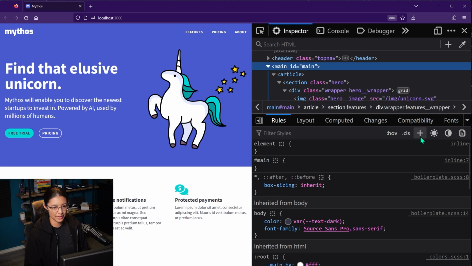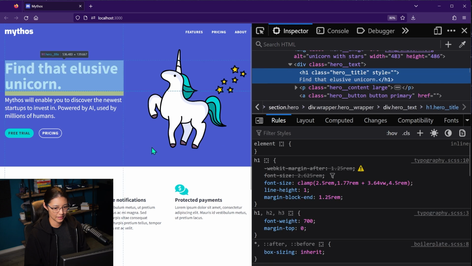So next to the plus icon are some other icons that can emulate different themes or modes for the website. So for example, I don't have any styles for light mode and dark mode here, but if you click the sun icon, it'll select light mode for this website. You can also select dark mode. And this last one's for print media simulation, just in case you have a print style for your website for print view.